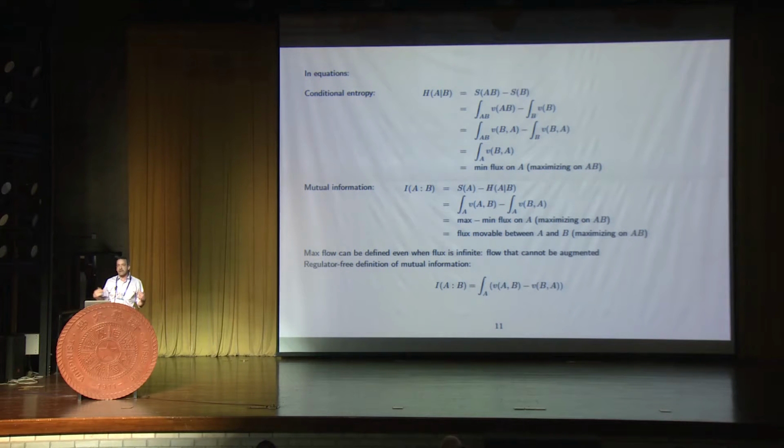Okay, and by the way, as a technical dividend from this, normally in field theory, the mutual information for separated regions is a finite quantity, but to calculate it, you need to introduce a regulator, subtract the entropies, which subtracts off these area law divergences that one mentioned, and then what you're left with is something finite. But in this case, you don't need to do that because you can define the max flow without a regulator, so you can define and calculate, in principle, the mutual information without ever introducing a regulator. Okay.